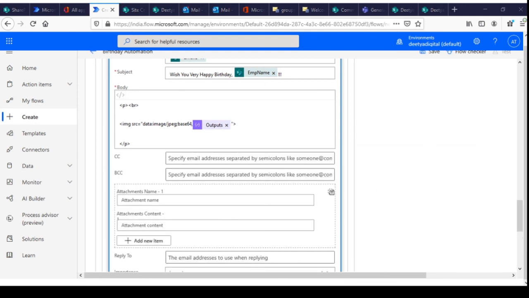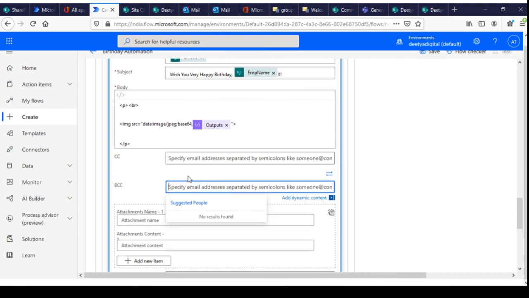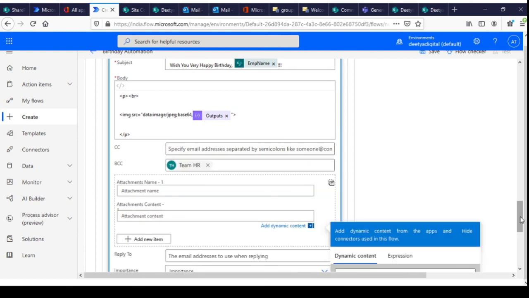Then in BCC you need to add the DL and attachment content.